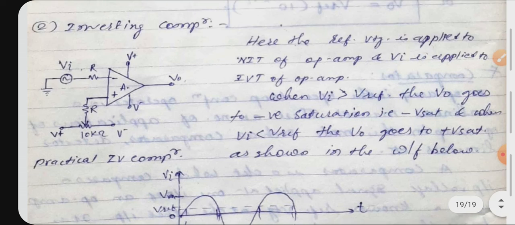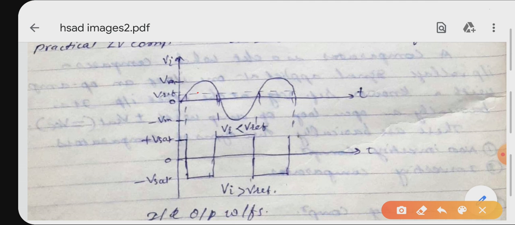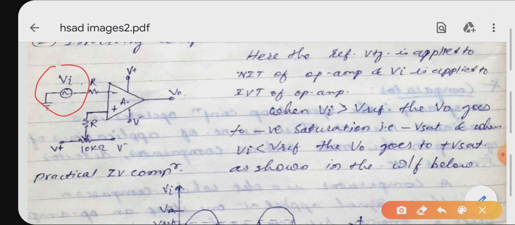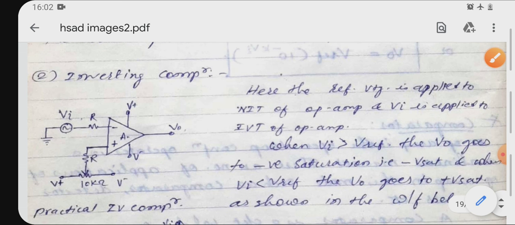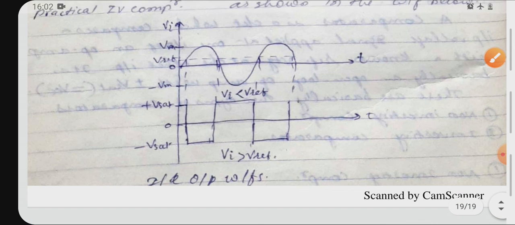It's exactly the opposite of this, an inverting comparator. For the positive half cycle you will get 0 output, and for the negative half cycle you will get 1 output. So what is the change made in the circuit diagram is that now the input signal is applied to the inverting input terminal. In case of the inverting comparator, the input signal is applied to the inverting terminal, and to the non-inverting terminal a fixed reference voltage is applied. There is no feedback. So exactly opposite waveforms you will get here.